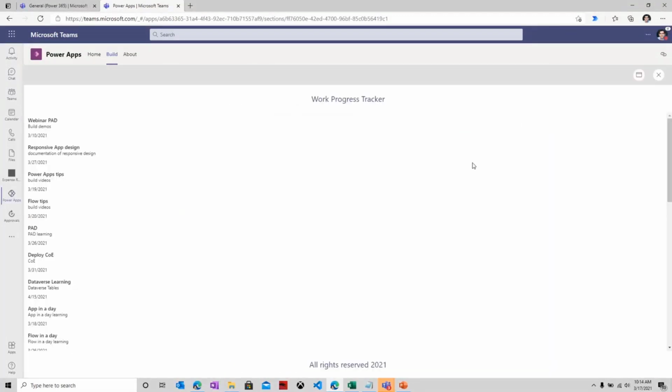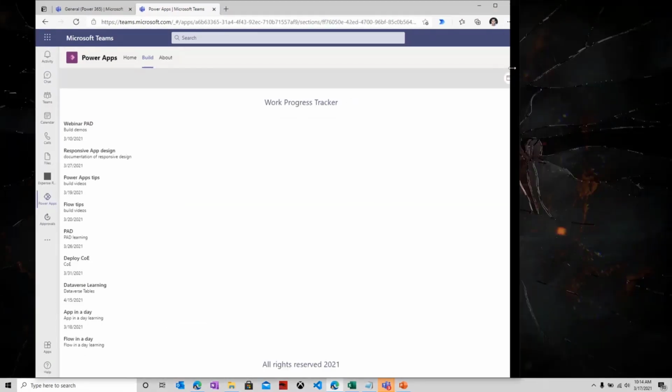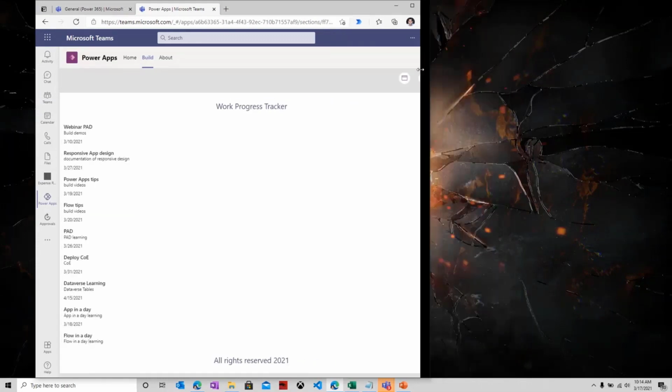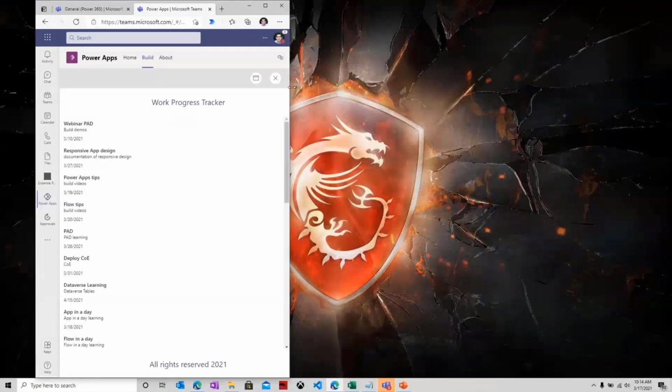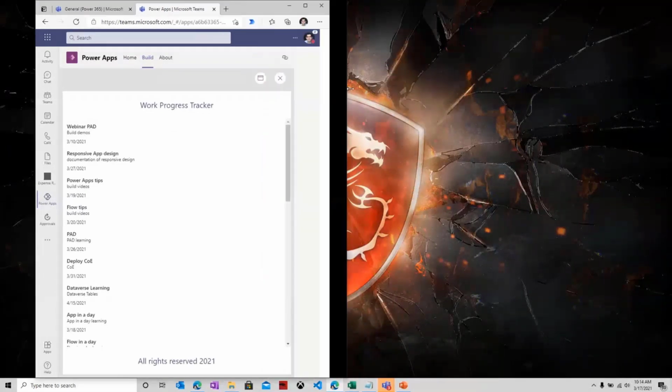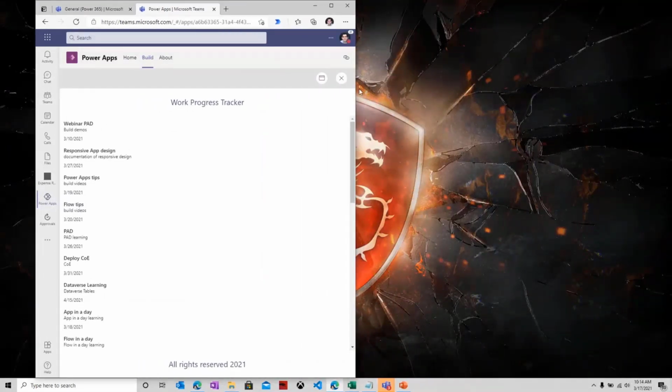If I go ahead and preview this app, you will see that I have my gallery, I have my header, I have my footer. And as the width or the height of my app changes, you will note that the header and the footer are actually responsive. They're always center aligned, as you can see right here. And that's because of the properties that have been pre-built as part of those responsive containers.